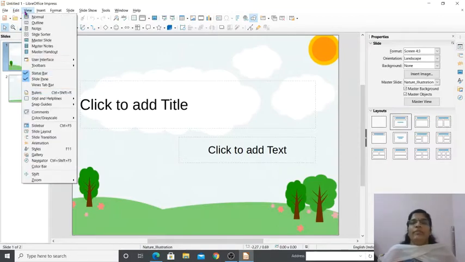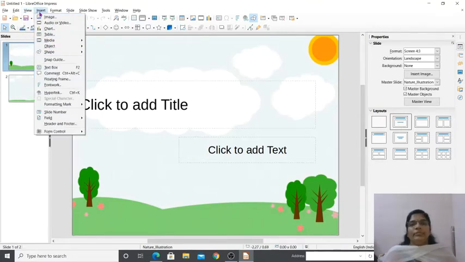The next one is View. In Microsoft PowerPoint, we have studied different views like normal view, outline view, then slide sorter view and notes page view. So many views are there, right? Similarly, using View, we can view the slides in different ways. You can see the status bar is present, and the slide pane is there, everything here. So using View, you can view the screen and slides.